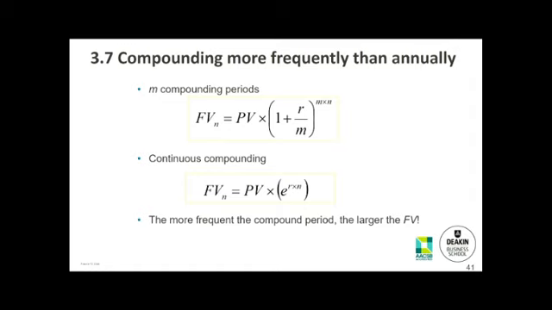I put $100 into the bank. Annual interest rate 10%. But it compounds semi-annually, which means for each half of the year, the interest will be 5%. Do you agree? Which means for the first half of the year, I will receive $5 interest. Do you agree? Since the first half of the year, I have $5 interest. This $5 interest will get compounded for the second half of the year as well. Am I right? So in the second half of the year, in addition to the $5 interest on principal, I will also have interest on interest from the first half of the year. And that's why